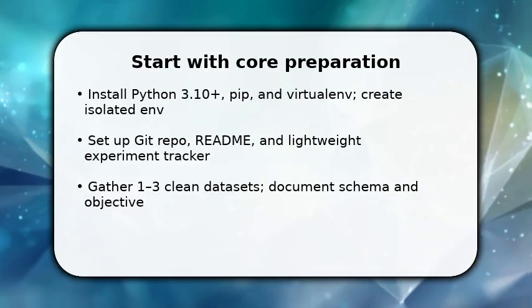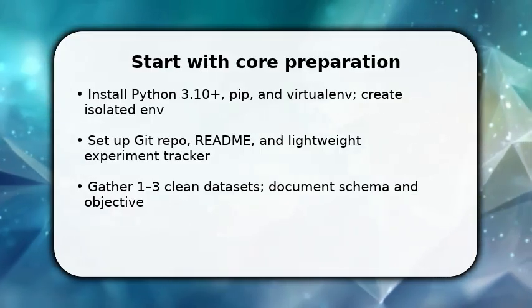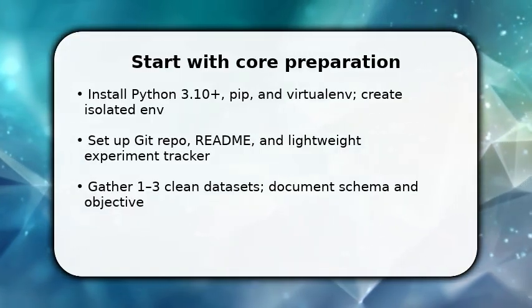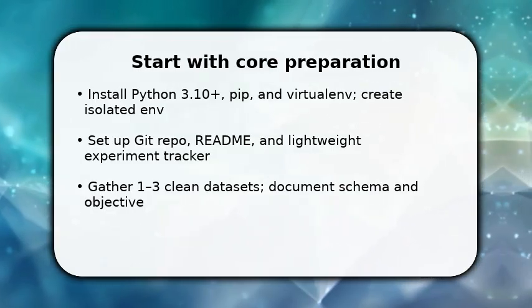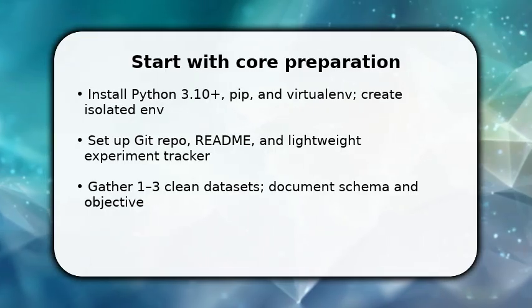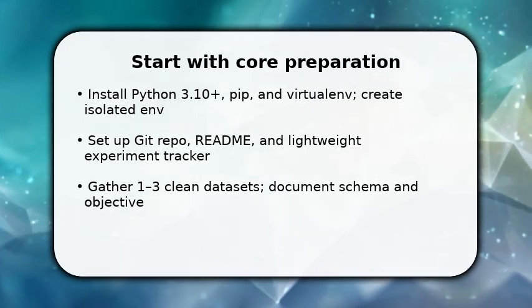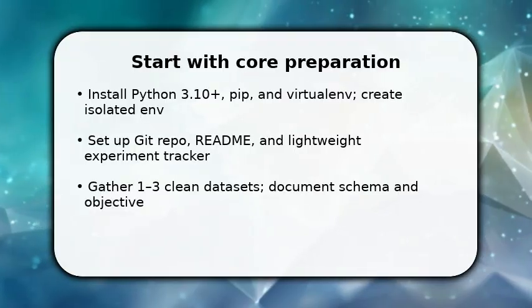You begin by locking down prerequisites and the first actionable steps. Create a virtual environment, pin package versions, and initialize a Git repository so experiments are reproducible. You should pick one clear objective and 2 or 3 datasets that match it, then inspect and document schemas to